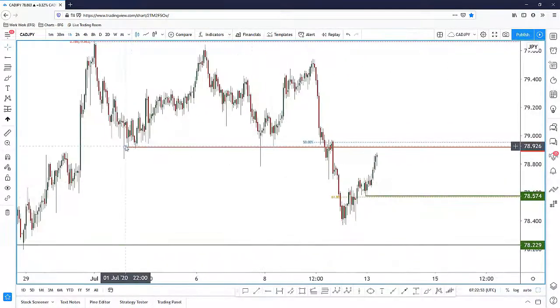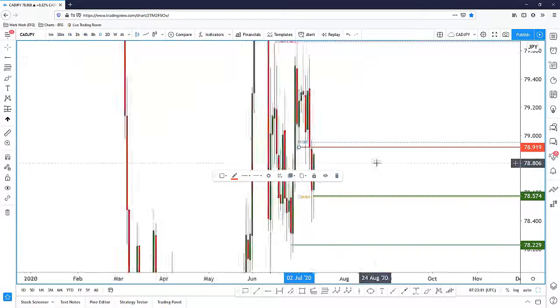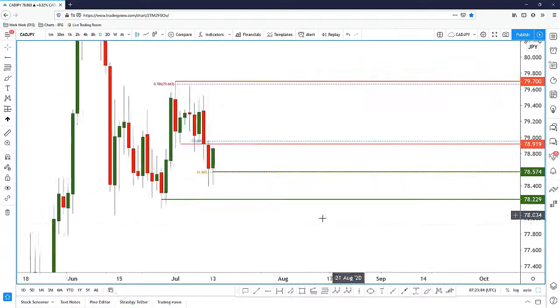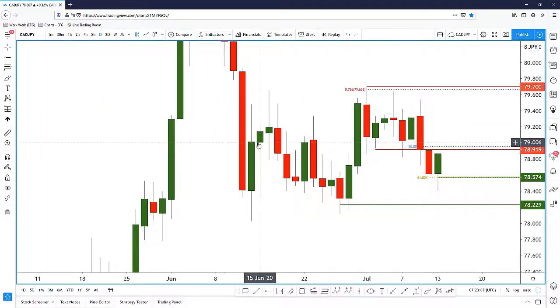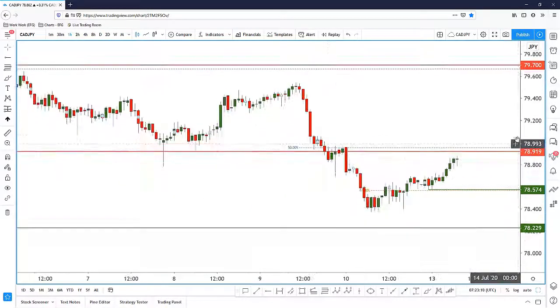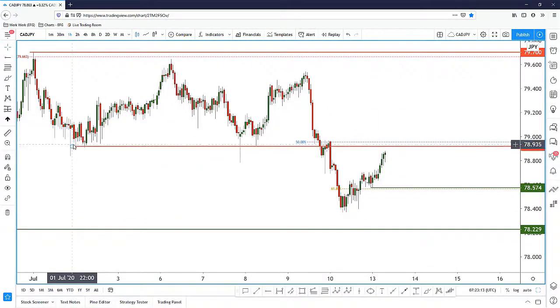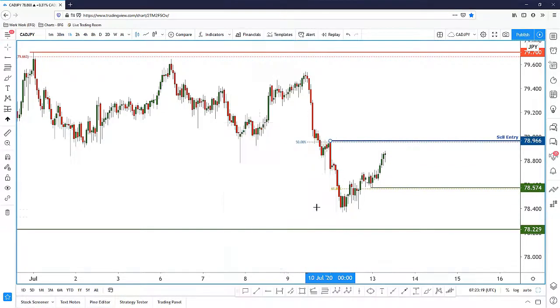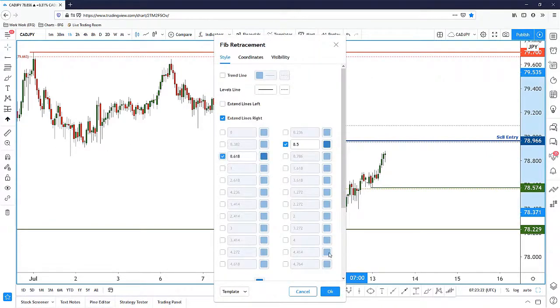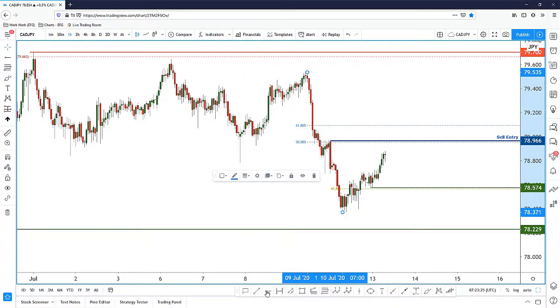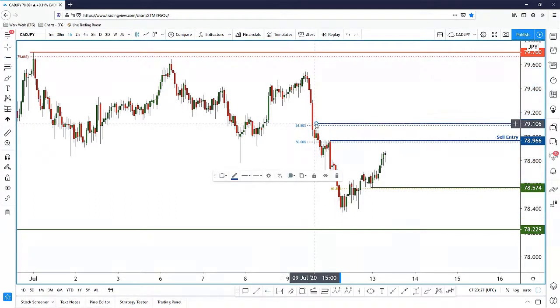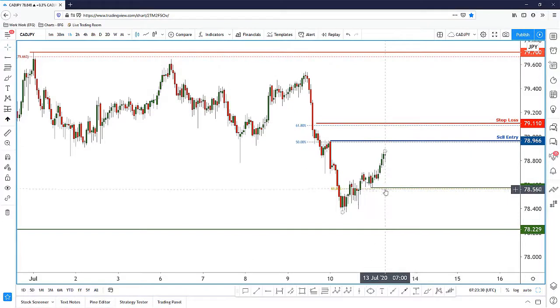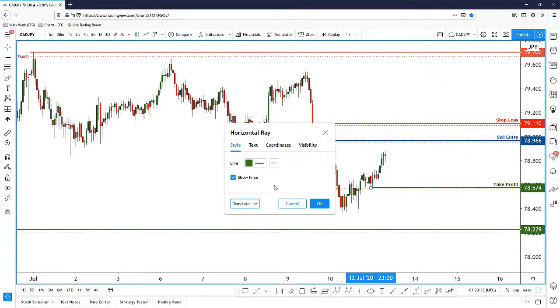intraday play. What I'm going to do is, because this level was adjusted on the daily, it was on the 4 hours, but on the daily, remember, it was actually this spike down here. So now we're on the 1 hour. Let's tidy things up. I'm going to make this level, push it back to the 50, and use this as my sell entry. The stop loss level will be at the 61.8, slightly higher than the 61.8, and of course this will be my partial take profit,